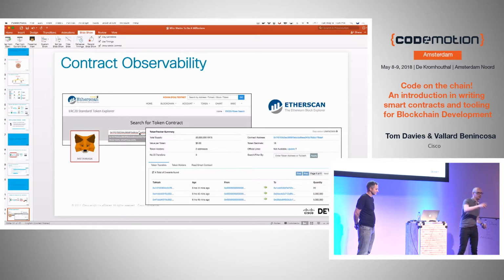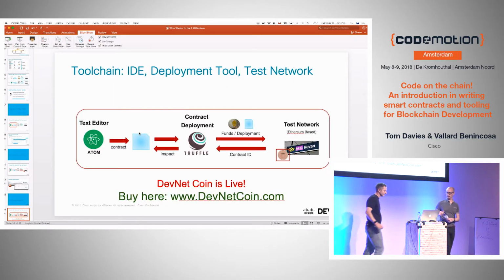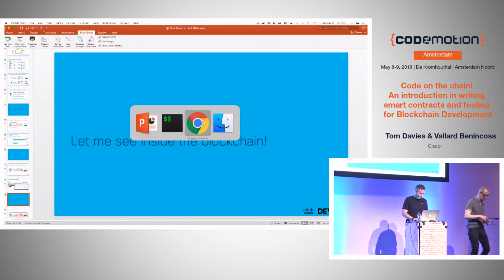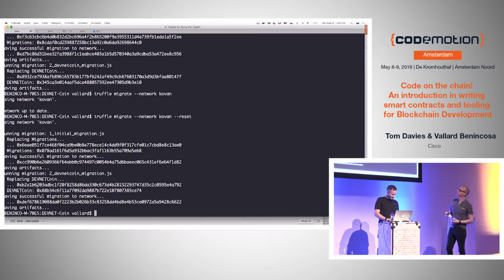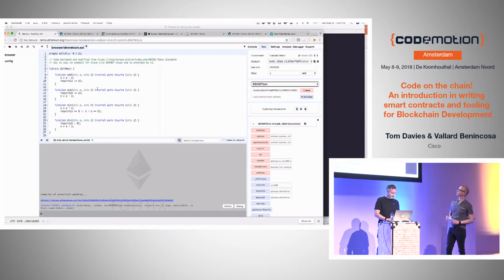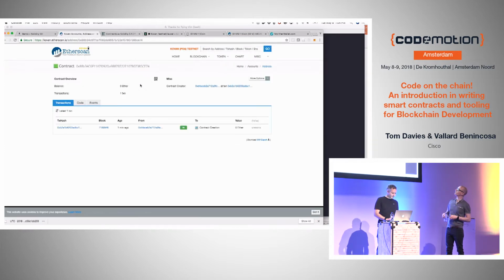If you go to kovan.etherscan.io, it will go to the Kovan site. If you just go to Etherscan, it will take you to the real Ethereum network. And we'll see that now so you can show inside the blockchain. So the one that we just deployed right here showed that the DevNet coin was created right here. So I can go to this one right here. I can just copy that contract address, and then I can go into here into the Kovan, and we'll update it. This was my previous one.